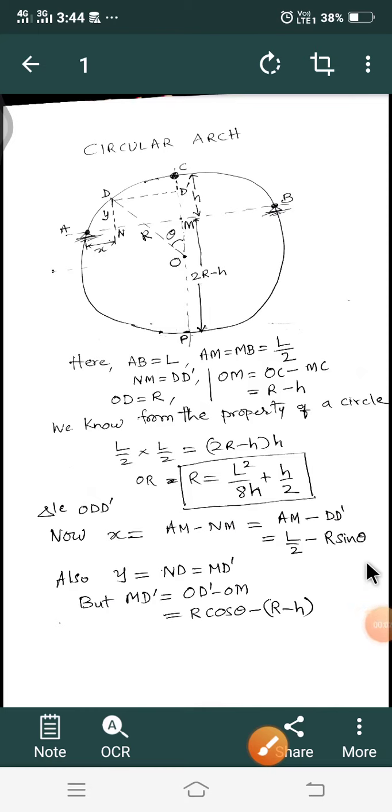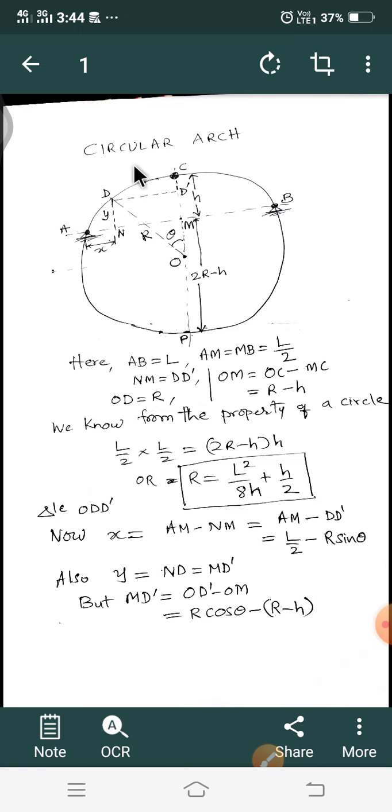In the previous class, we studied the parabolic arch problem. Now, here we are going to try to understand this circular arch. The only difference between the parabolic arch and the circular arch in terms of solving a problem is the calculation of the y value, that is the ordinate y, and the way we calculate theta, because we cannot use the parabolic equation here. That is why you please note it, y calculation and theta calculation will be different, rest all is same, all other calculations are same.